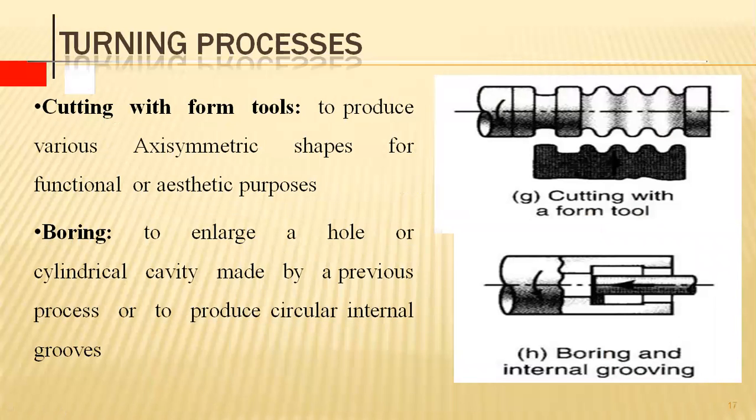Coming to cutting with form tools, these are tools which have a teeth-like structure to be attained parallelly over the work part at confined regions on the material, progressing in various axisymmetrical shapes. Considering boring and internal grooving operations, such as to enlarge a hole or cylindrical cavity,